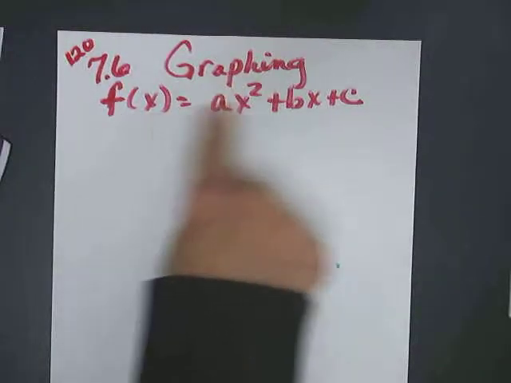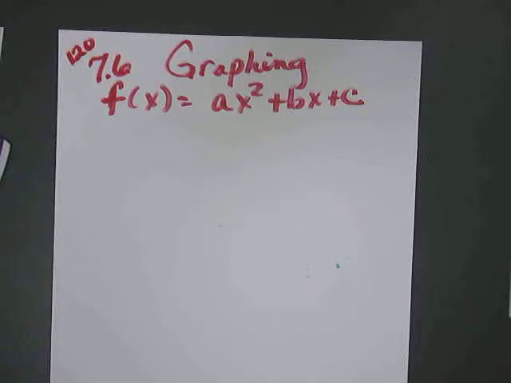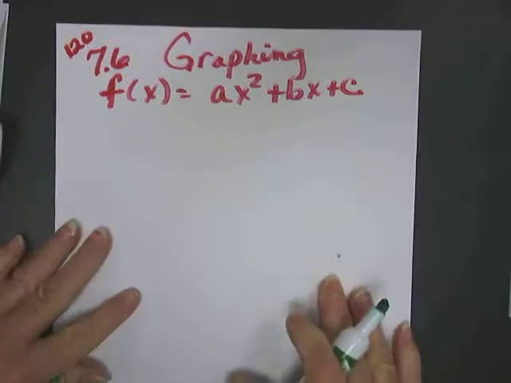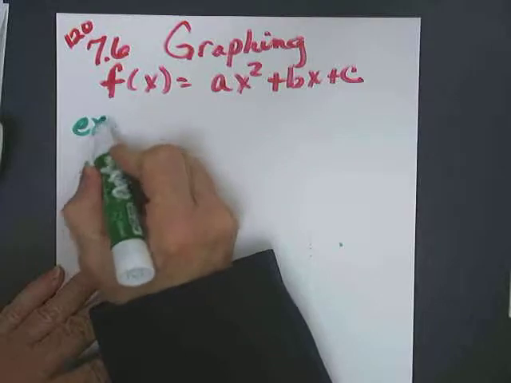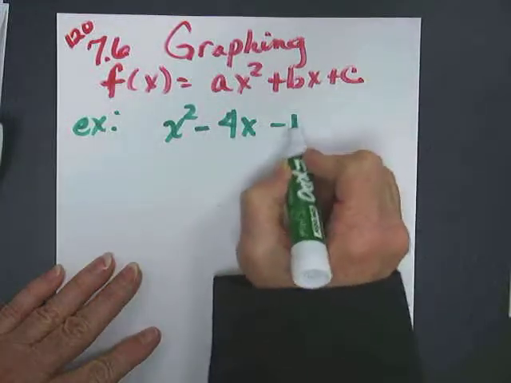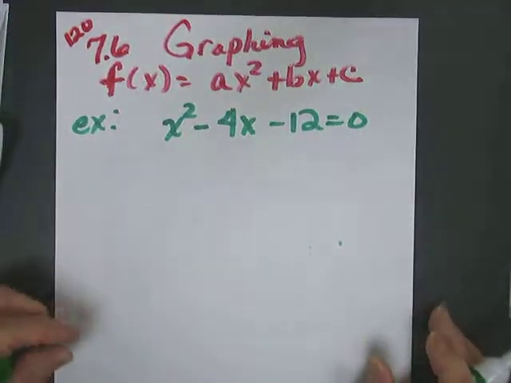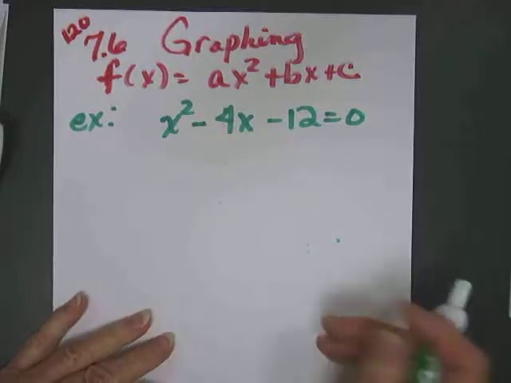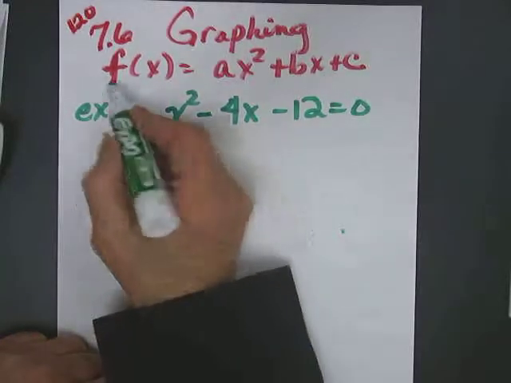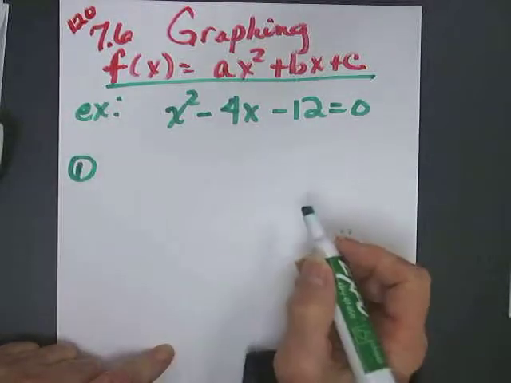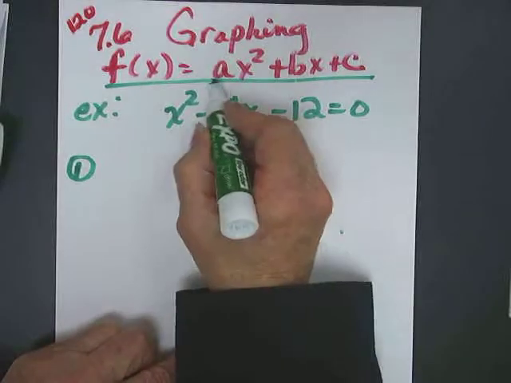Okay, we're graphing quadratic equations. Okay, so now let's use the example x squared minus 4x minus 12 equals 0. So we have that. First thing we need to know is if our A, right here,